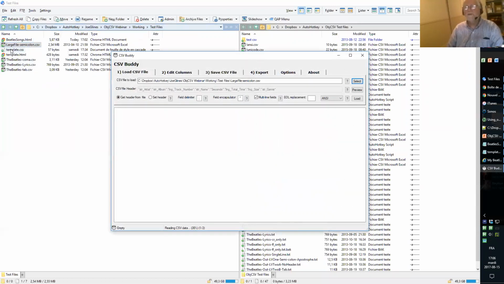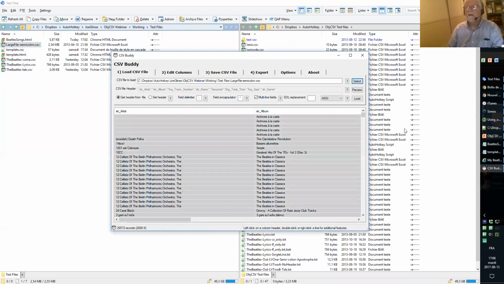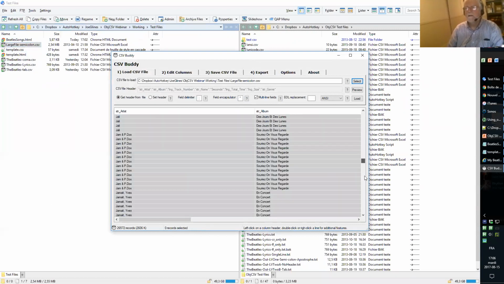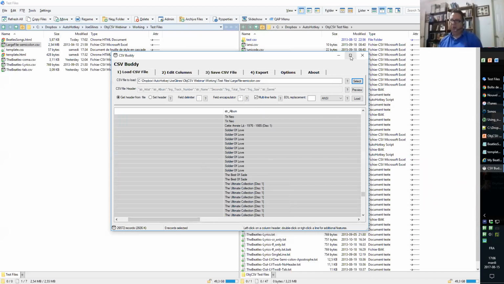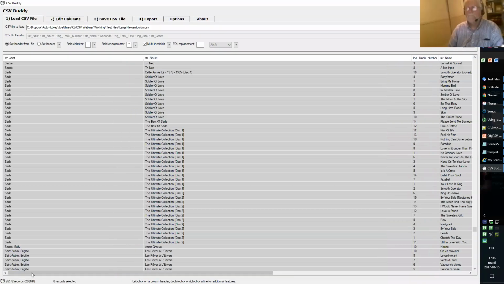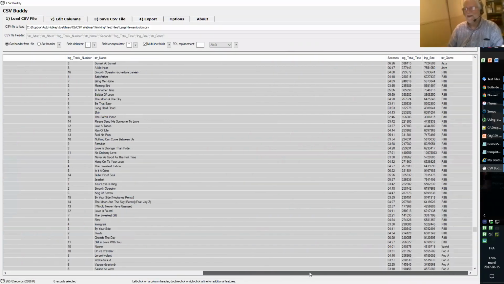Here, all I had to do is double click, because I made the CSV extension link to my CSV Buddy tool. You see at the bottom the progress bar, which instead of being a bar is a percentage progress. Here we have this file with 26,500 lines in it. The size of the file is 2.5 megs. Later on, we'll have a little discussion about your music collection. It's now over 30,000.